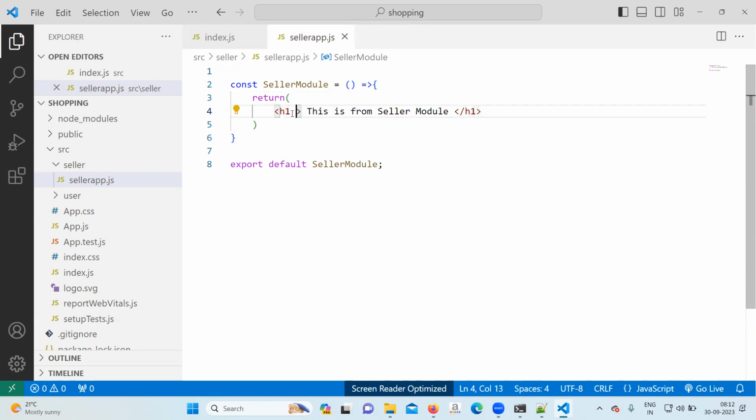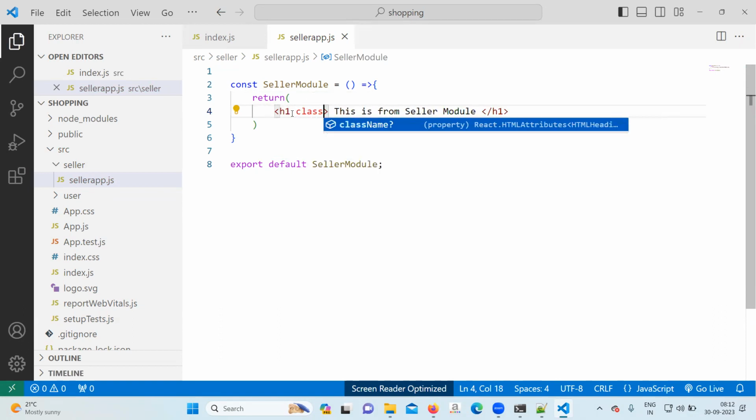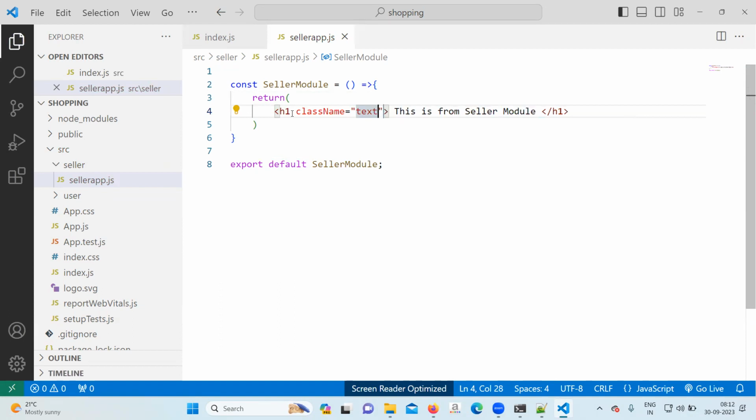Also you can write here className text-danger text-center, which is better to identify whether Bootstrap is getting applied or not.